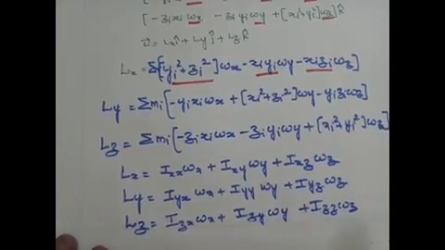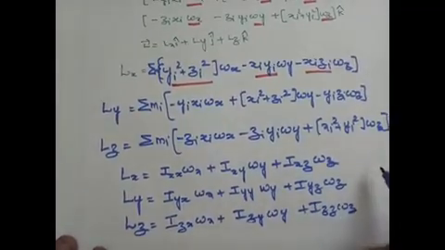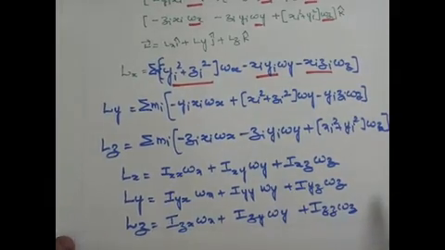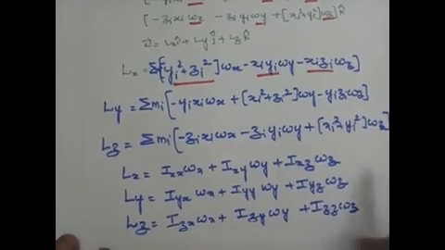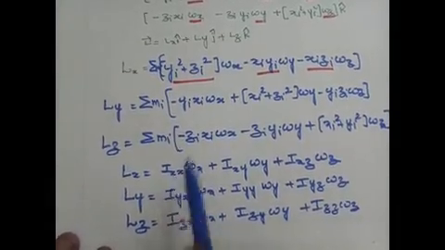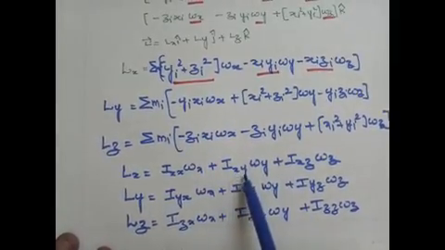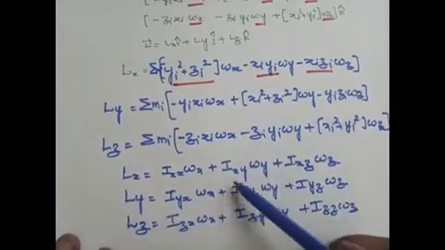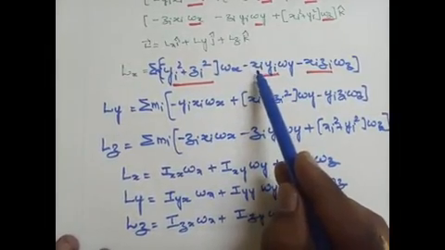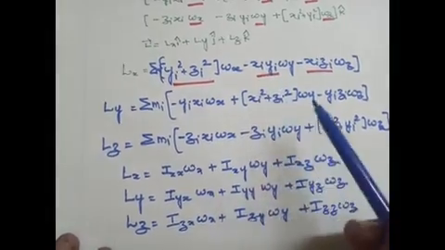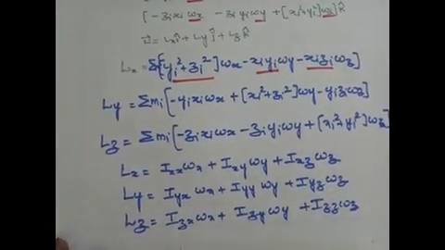So we know all these components. What is Ixx, what is Iyy, what is Ixy, and what is Ixz? We know Ixx is the summation of m_i (y_i square plus z_i square). What is Ixy? Ixy is minus the summation of m_i x_i y_i. Similarly, we have all 9 components.